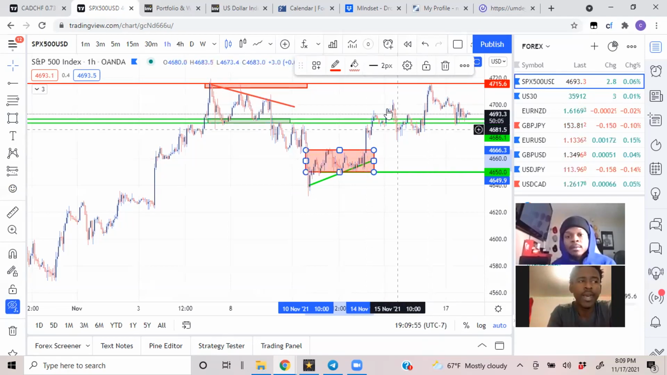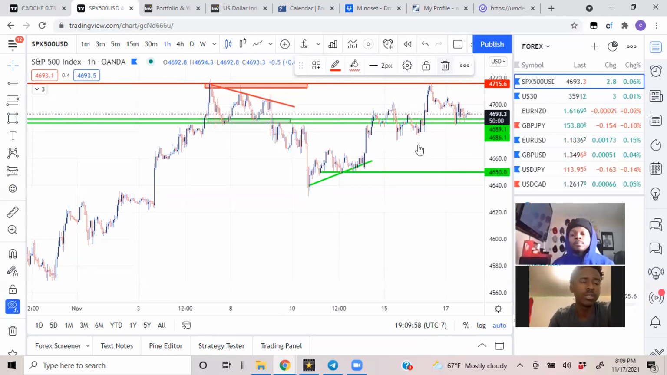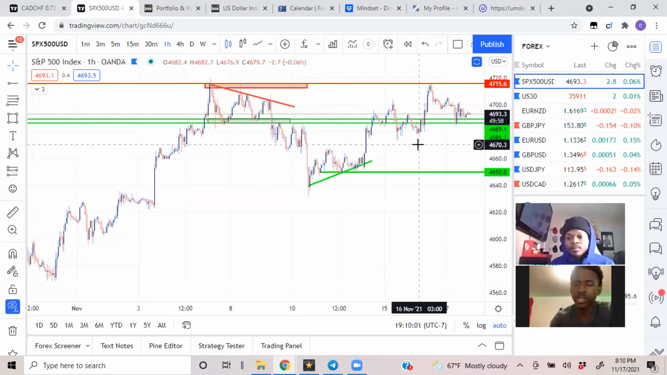So if you accidentally or unknowingly took a trade in that area you were talking about, would the best bet just be waiting it out, if you took a trade in consolidation? Yeah, consolidation, that's what it's called. So if I was to take a trade in consolidation,